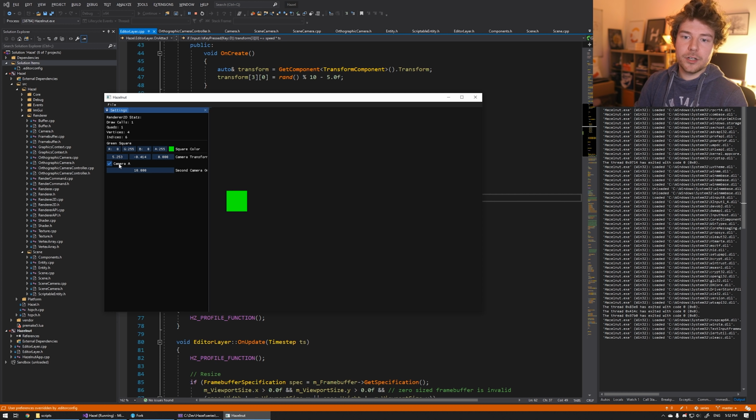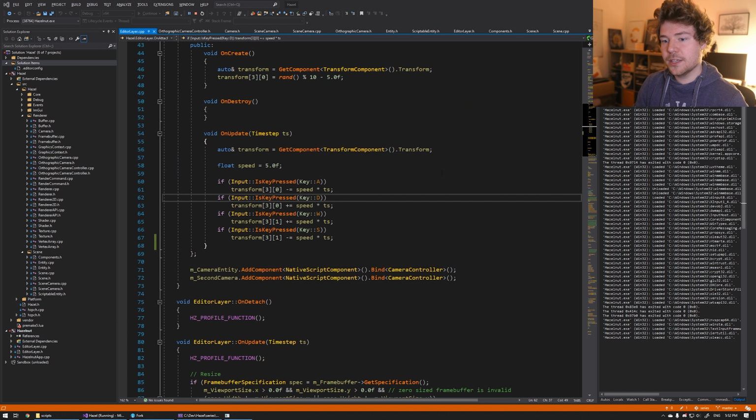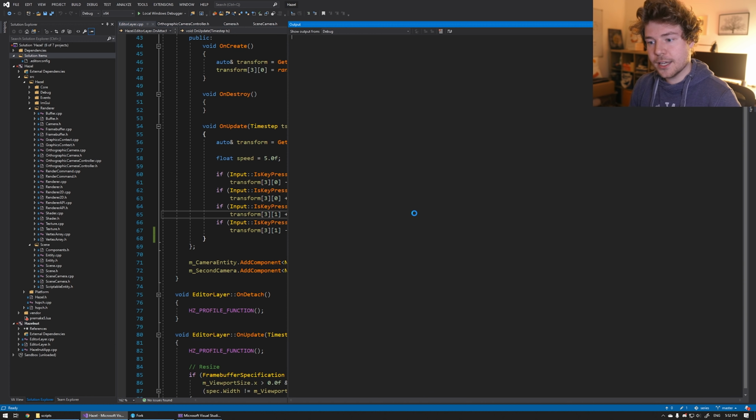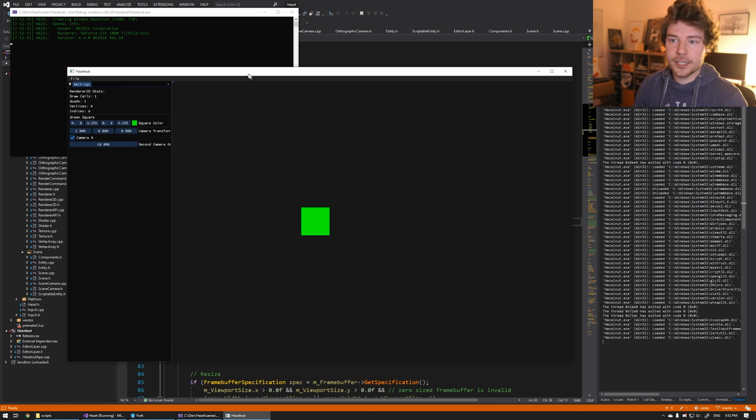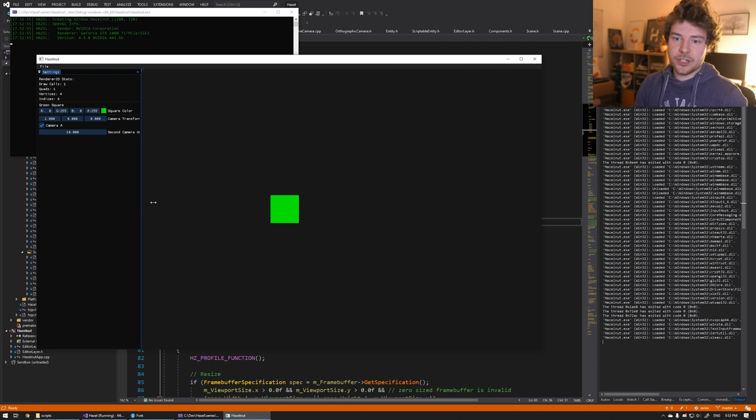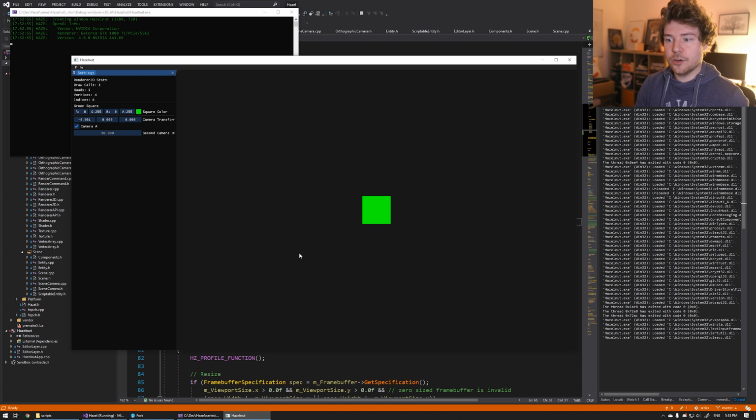We can move the camera, obviously, and we have the ability to add some native scripts now. The next step really is I want to be able to construct some sort of scene using Hazelnut. Hazelnut is supposed to be kind of like a level editor. So in order for it to actually function as a level editor, I want to be able to make entities, maybe add a sprite component to them, maybe set that to a solid color or to a texture, position it in my world and just navigate my world, maybe using some kind of editor camera. I want to be able to do all of that stuff so that I can essentially